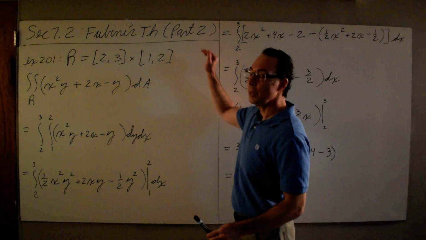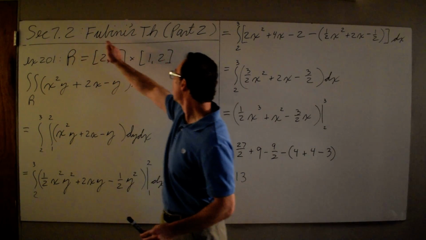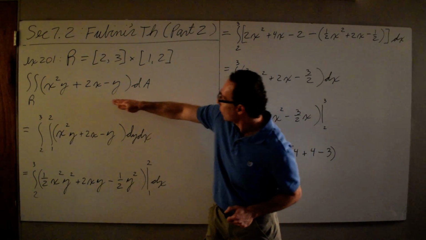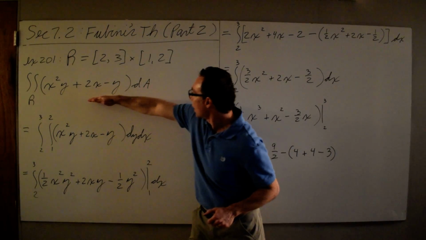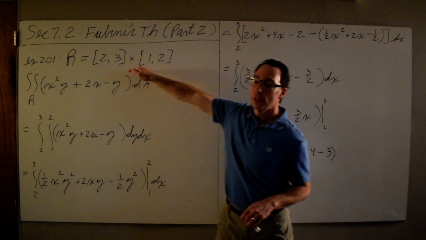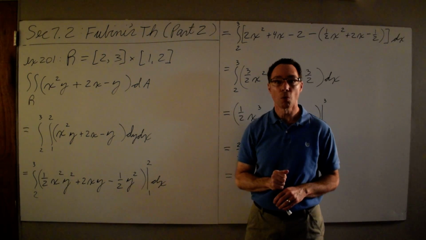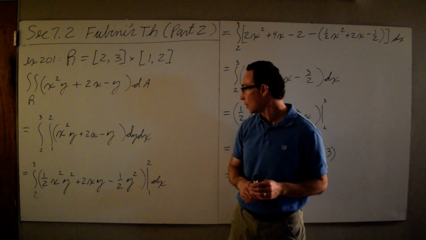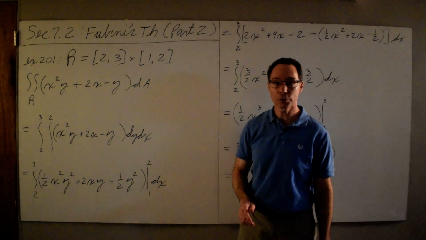This is the second video on section 7.2, Fubini's theorem. And here we're going to integrate the function x squared y plus 2x minus y over the rectangle [2, 3] cross [1, 2]. And so in the last video, we integrated with respect to x first,